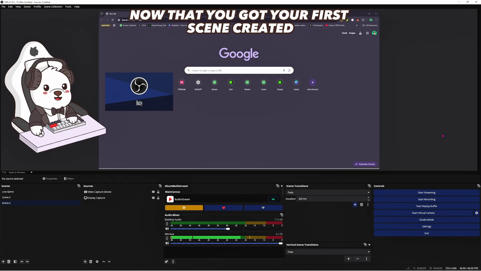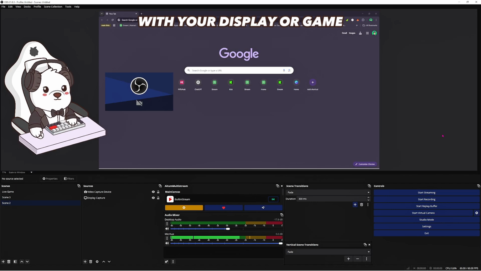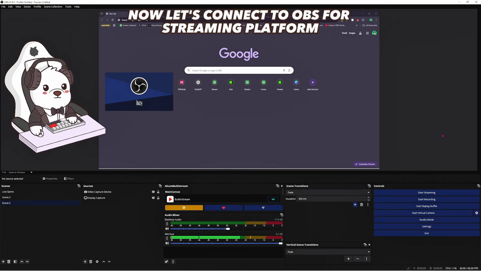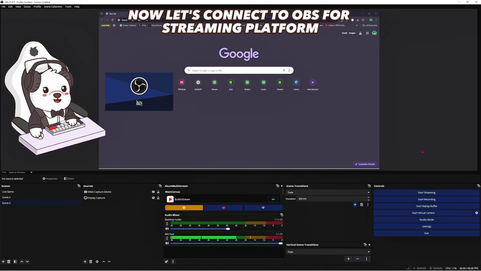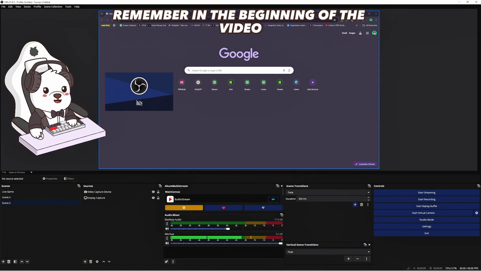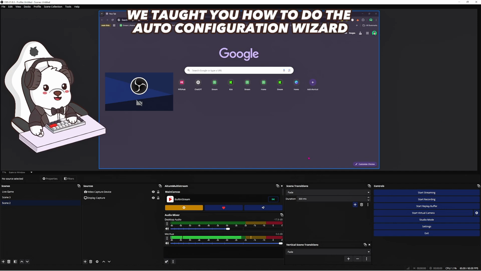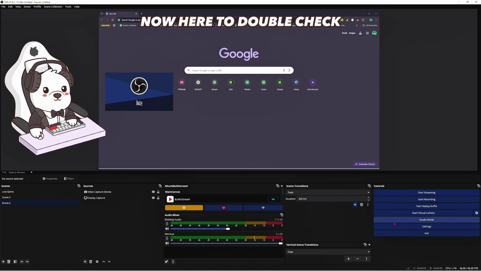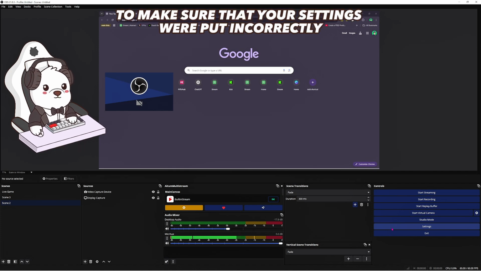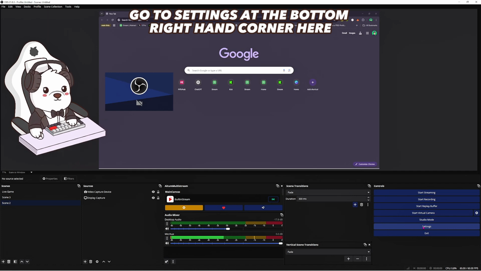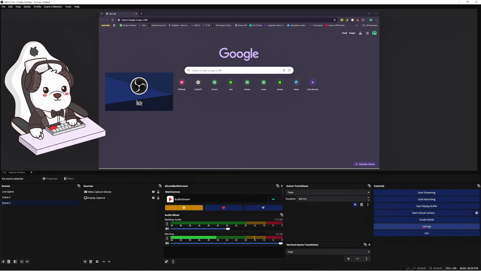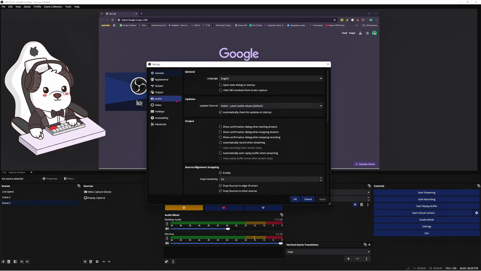Now that you got your first scene created with your display or game capture and webcam, now let's connect OBS to a streaming platform. Remember, in the beginning of the video, we taught you how to do the auto configuration wizard. Now here, to double check to make sure that your settings were put in correctly, you go to settings at the bottom right hand corner here, go to stream,